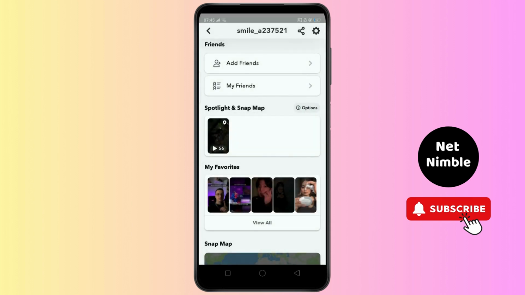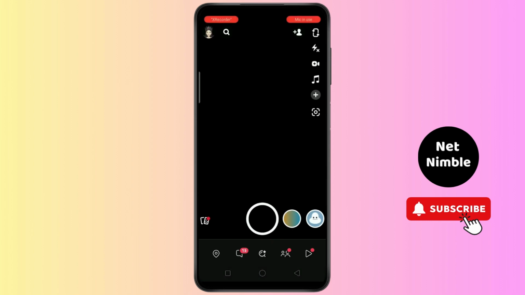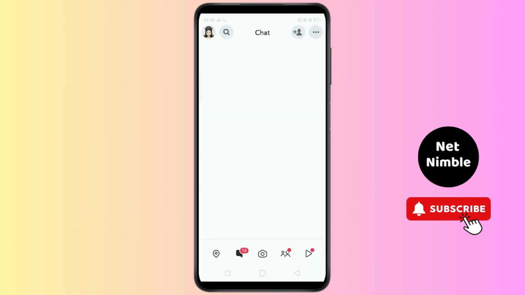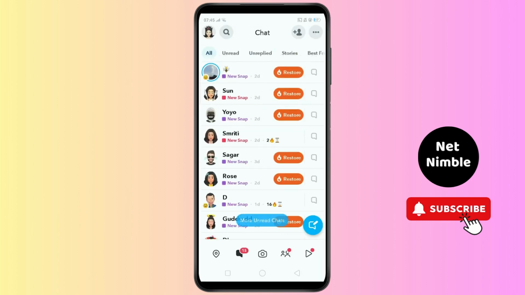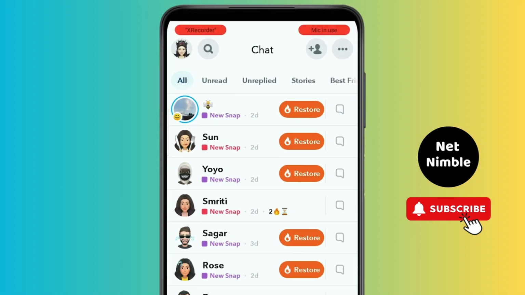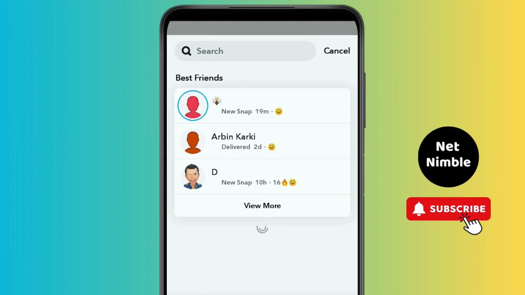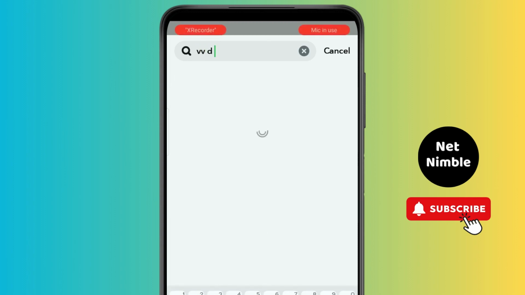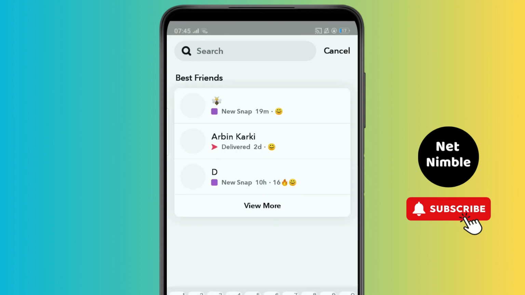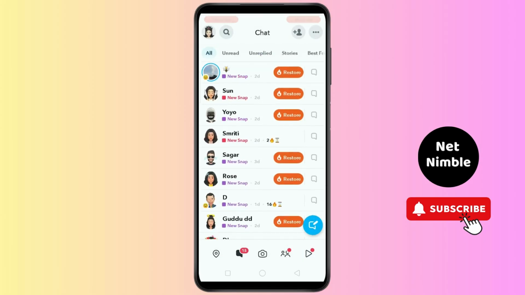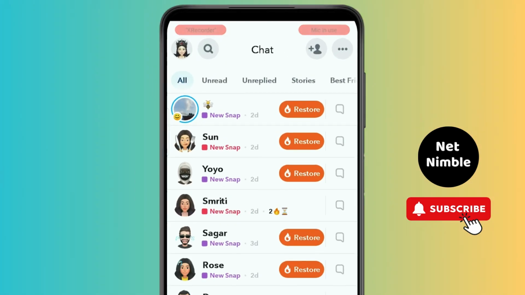if you know the username, then you can simply search for the username by going through the chat icon, and on the top side you will see there is a search bar. When you click on it, if you remember the username, then you can simply type it and find them by this. But if you don't know the username, but the person is in your contact list,